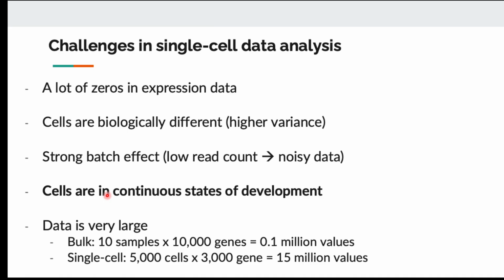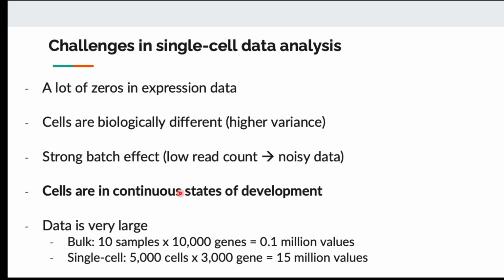Cells are not discrete. The gene expression inside the cells, as they differentiate or as the disease becomes more severe, is going to change gradually. It's not like an on-off switch. So now, when we compare gene expression data from cell to cell, it's not going to be clear-cut. It's not going to be group A versus group B, but it's going to be from 0, 0.1, 0.2, 0.3, all the way to 100. The state is going to be continuous. And we'll see in the next lecture how this looks like a challenge, but it became a